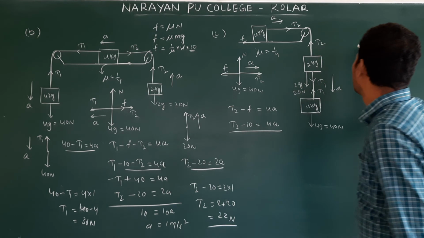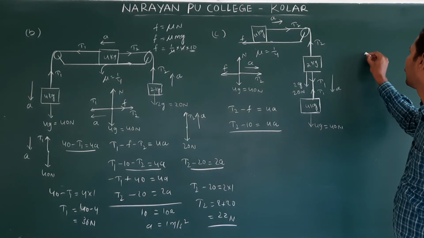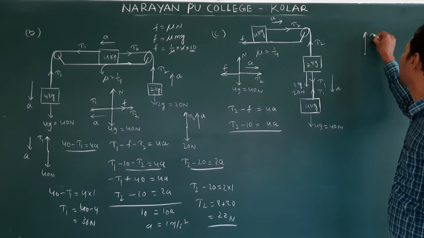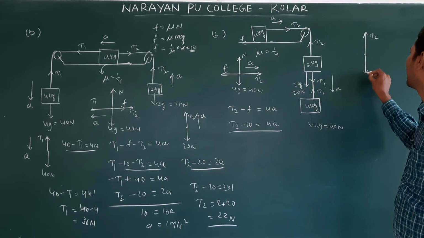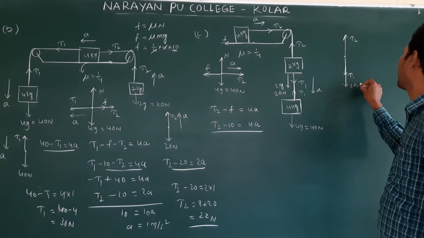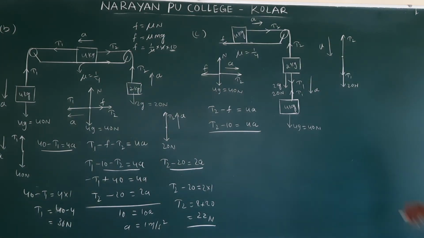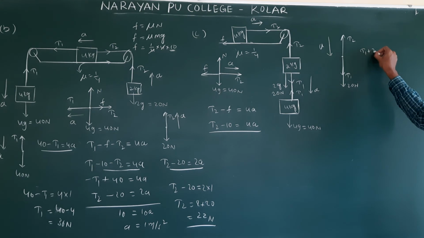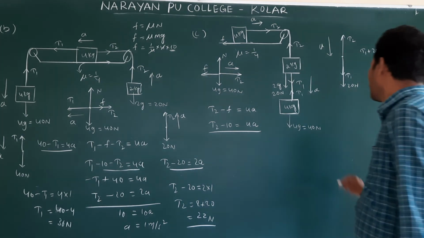Come here. For the 2 kg object, I am taking the free body diagram. This is T2, this is T1, and another one is 20 Newtons. The system is accelerating downwards. Then how do you write? T1 plus 20 minus T2 is equal to 2A. Okay, next, this